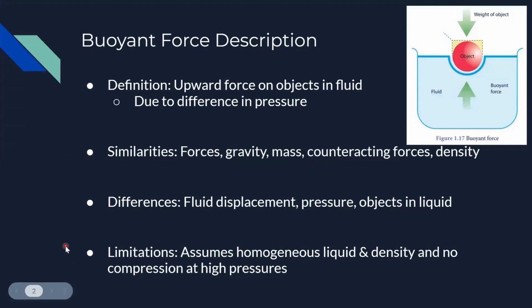First of all, what is buoyant force? A buoyant force is an upward force exerted on an object in a liquid, such as water or air. This force can allow an object to float or to sink. It causes a difference in pressure between the bottom of the object and the top of the object. Because pressure increases with depth, the bottom of the object will have a higher force of pressure than the top